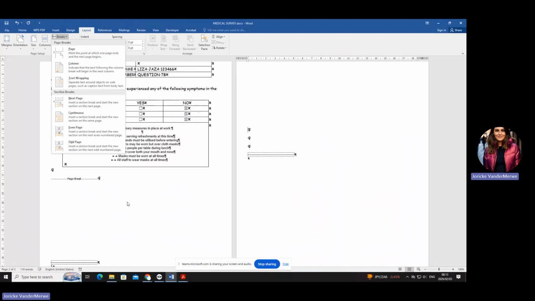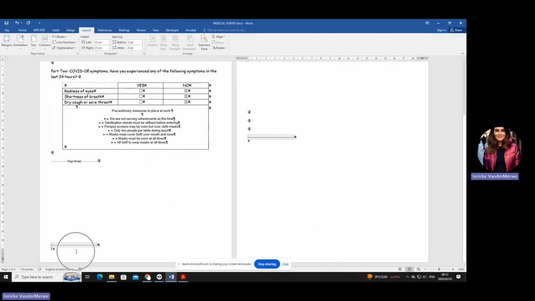Are you with me? Okay. Just make sure you will see now that your footnote will stay on the page because a footnote is at the end of the page. Your endnote will carry over with whatever you're doing because it's the end of the document. That is fine. It should look like that.